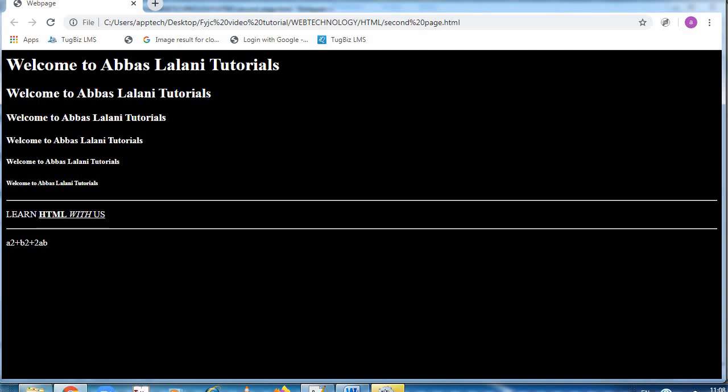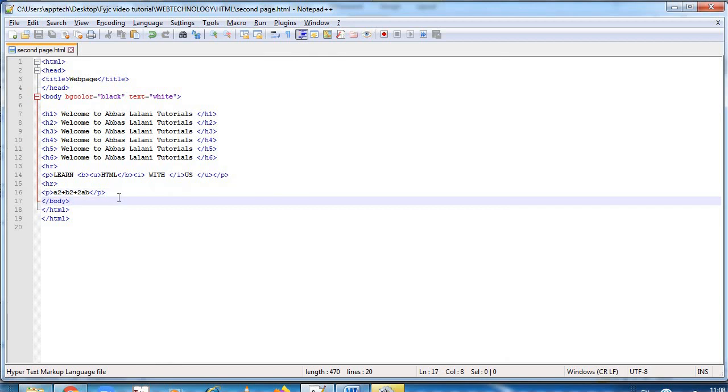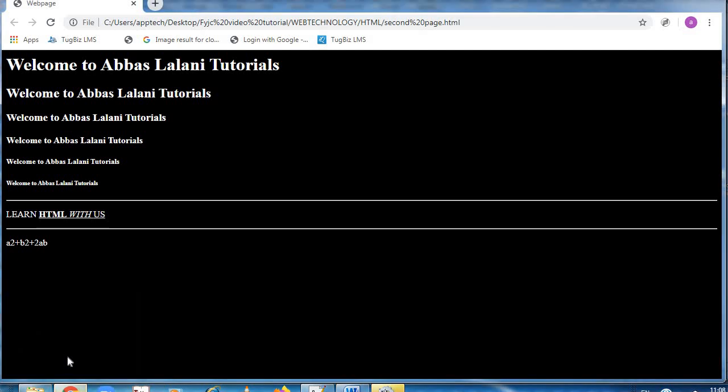Okay, now it is not looking like a square. We want A square plus B square plus 2AB.